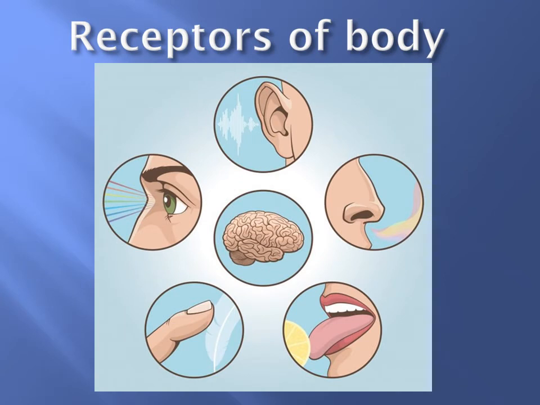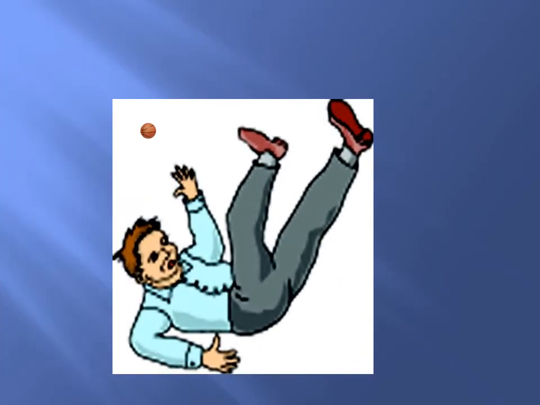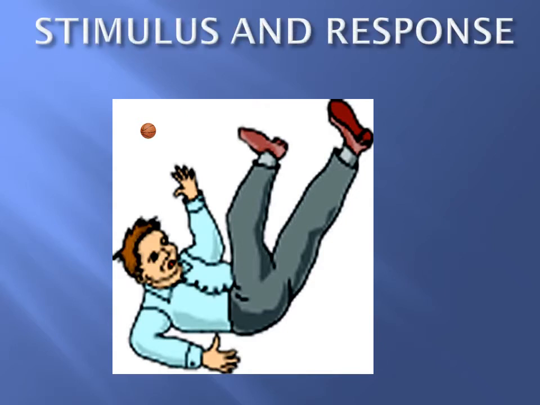Here you can see the 5 senses of the body, or else the receptors of the body: eyes, nose, ears, skin and tongue. Then we will talk about stimulus and response. So here,